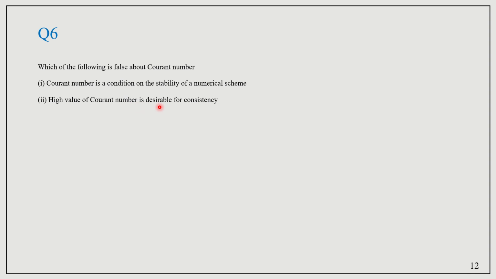High value of Courant number is desirable for consistency. So as I mentioned, high value of Courant number is not desirable for consistency. So why is that? Because a high value of Courant number basically means that v into delta t by delta x is high. So in such cases what happens? v is becoming very high. So when it happens, v into delta t by delta x, if the time step is fixed, only v will vary and the system will